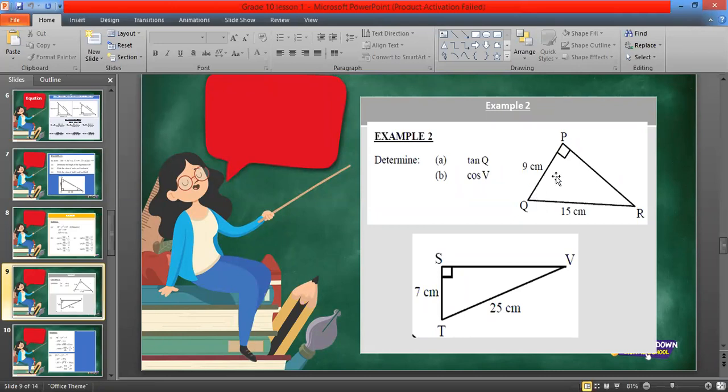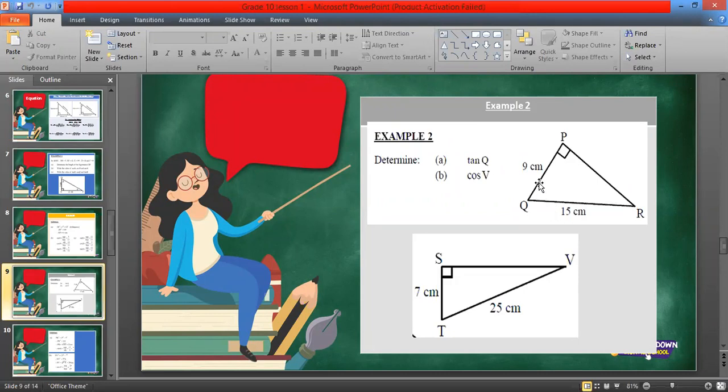Before we start, we need to find our PR first. So what will be our PR? It's the hypotenuse, 15. The hypotenuse is the one facing the 90-degree angle, 15. Because we're talking about tan Q, PR is opposite and this is adjacent. So to find this side now, we're going to say PR squared